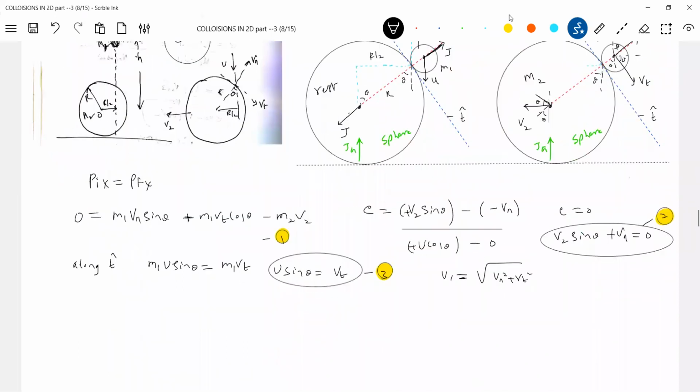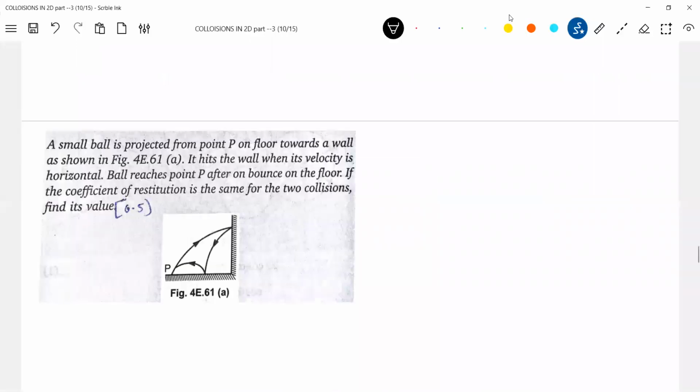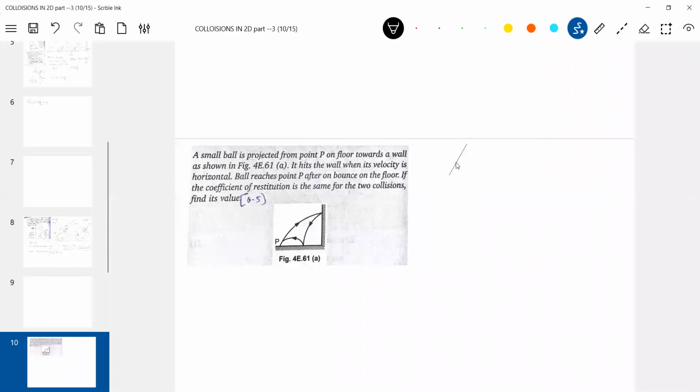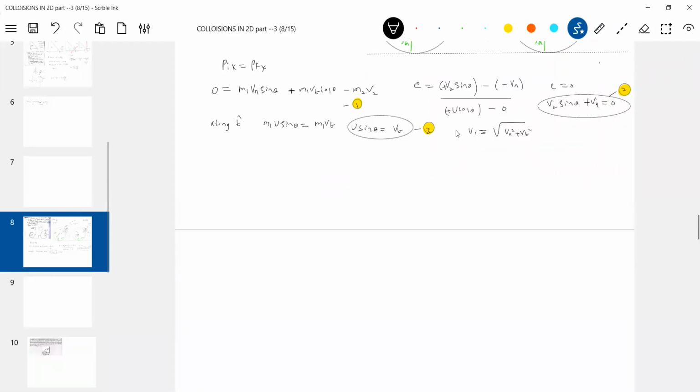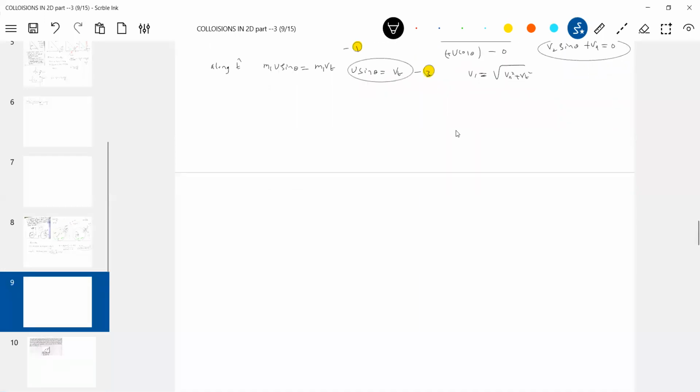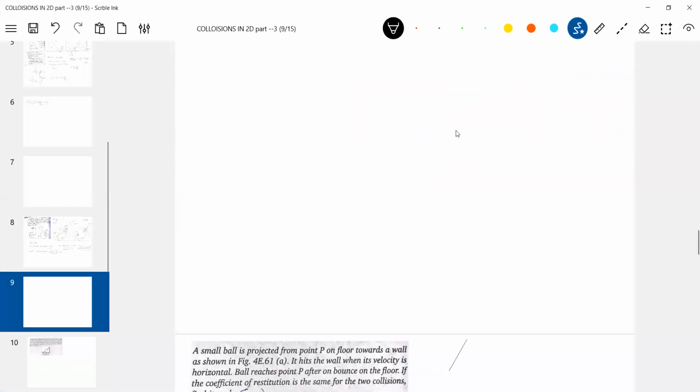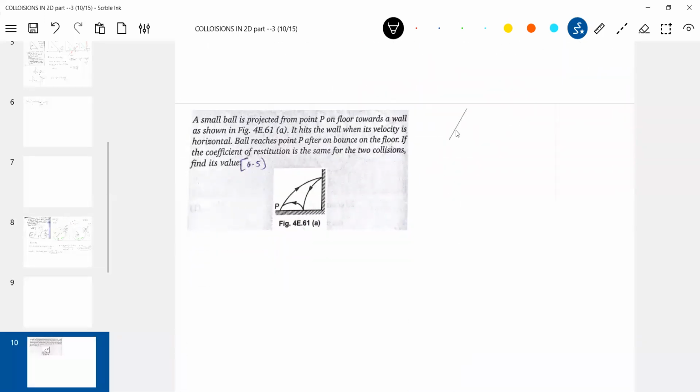I'll take the next concept. Now I discussed without friction. You can introduce friction where needed. This is about